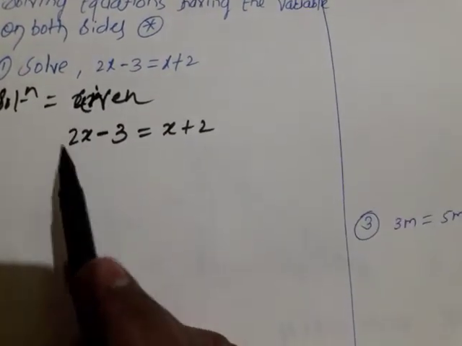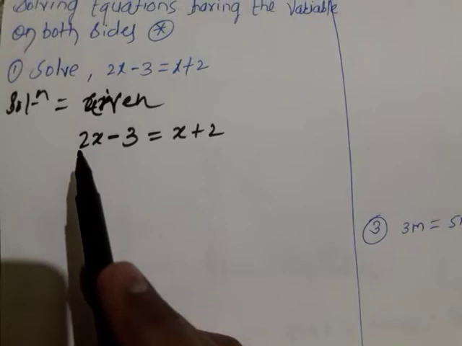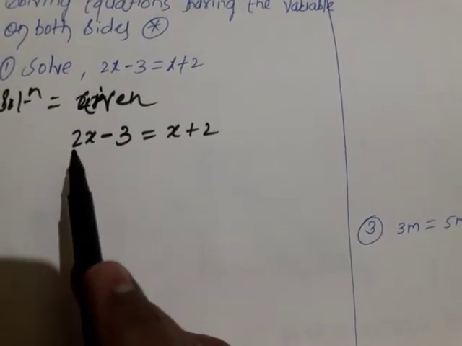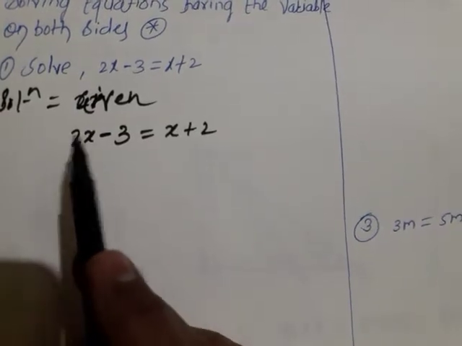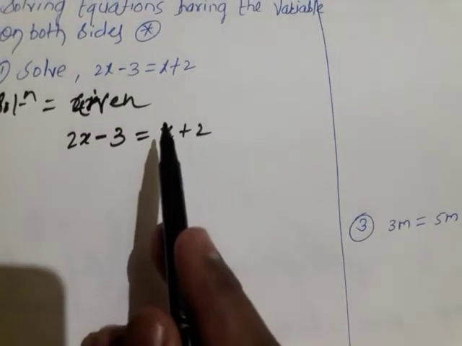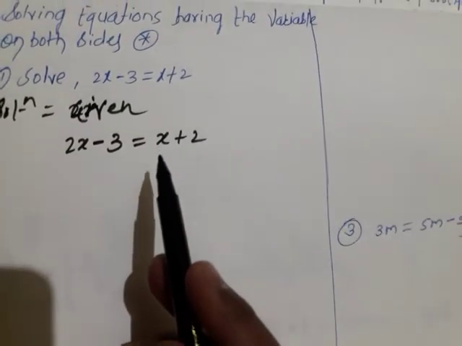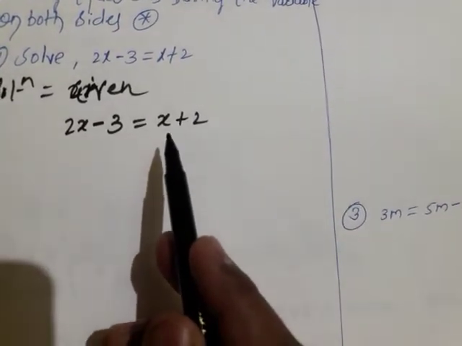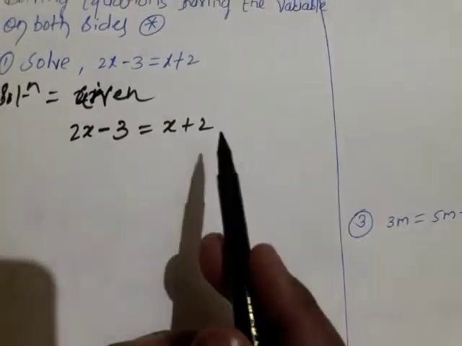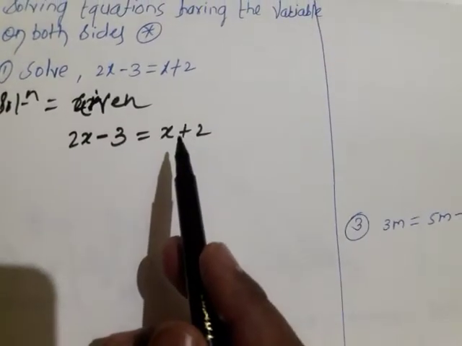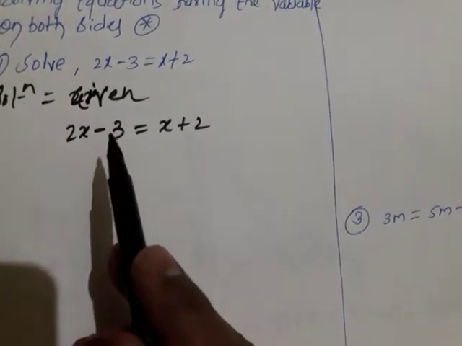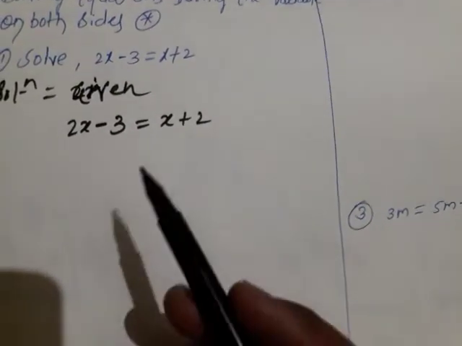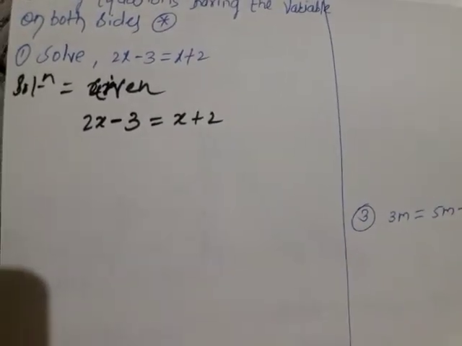Here which is the variable? X variable is there. And which is the coefficient? 2. Means here 2x is the connected. Means 2x is, we can say, total variable. Here look here, x is the variable. Means when we are going to find out the value of x, means that variable, that time this x or this x we have to transfer at one side. Suppose we have decided to transfer this x to this side, and this remaining terms means remaining numbers we have to transfer to the remaining side, and we have to find out the value of that respective variable.